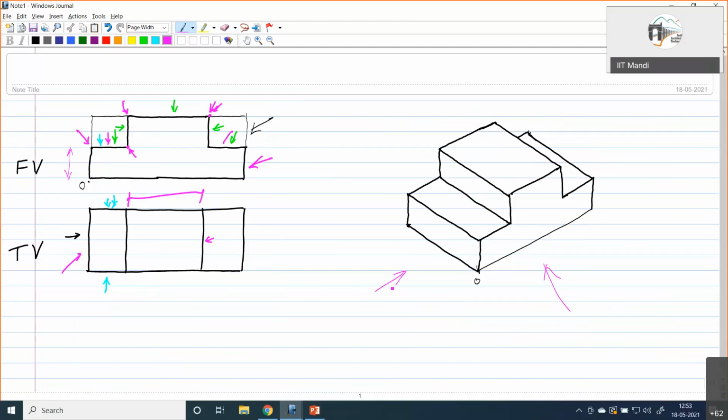Then for such a case, what should be done is we should try to make visible that part which has more features. Here it is symmetrical, so whichever you choose, either this is the front view or this is the front view, you will have the same thing. It's not going to affect the final isometric view. But if you have a diagram where it's not symmetrical like this, it has different features, but only the front view and top view is sufficient to describe it.